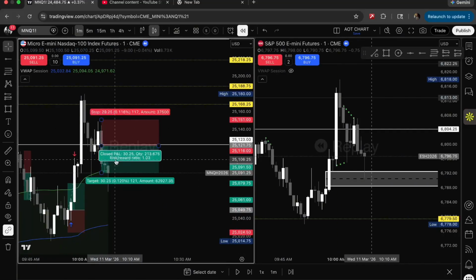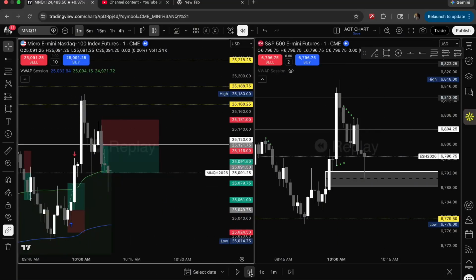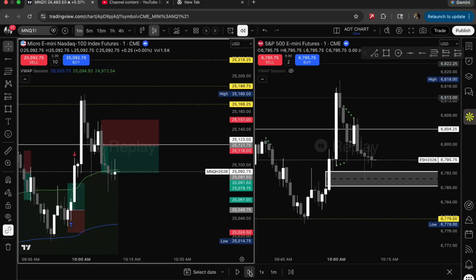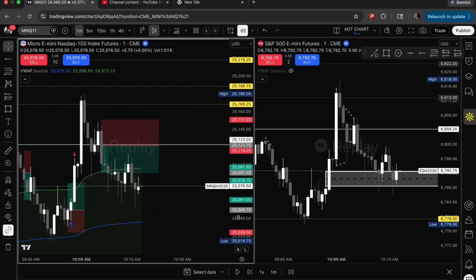And this in itself could be a reversal signal. Let's see what happens. No, it's not. Yeah, it's not. It's not, but